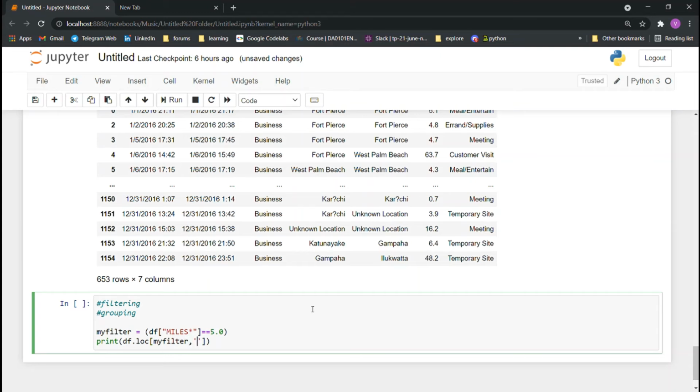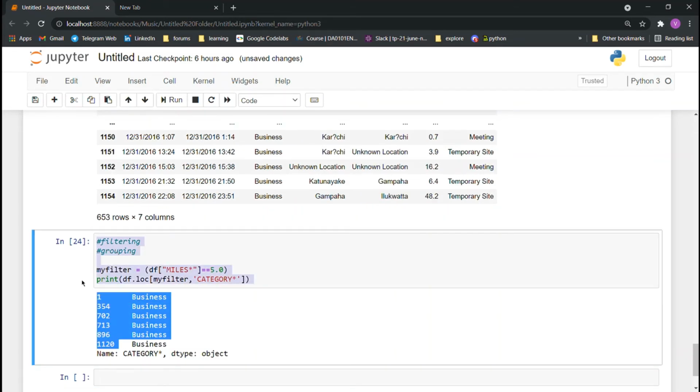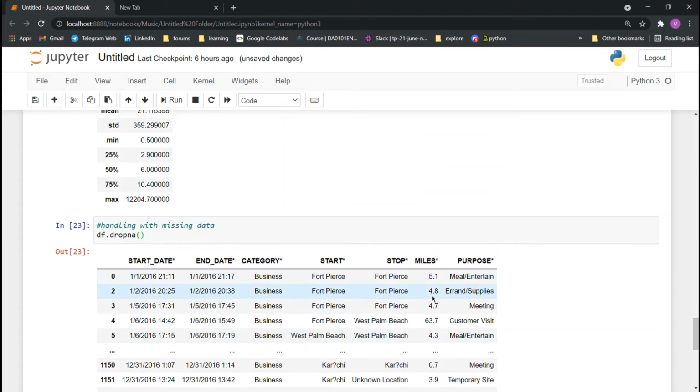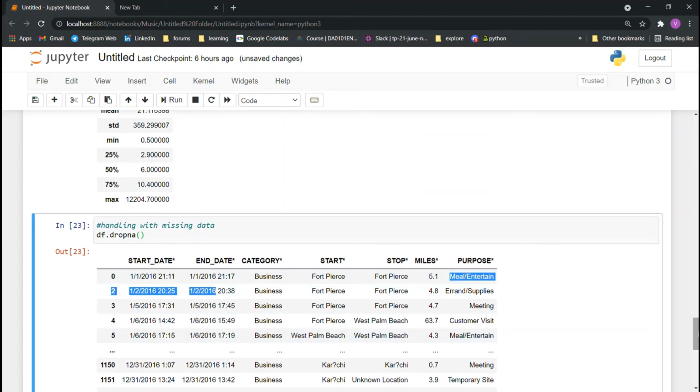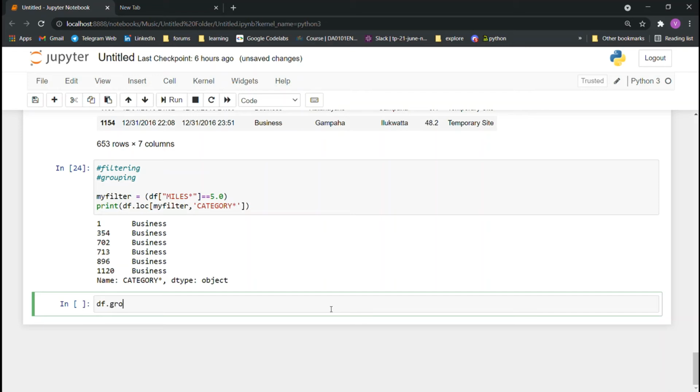You can access separate columns using that filter. Here we have a filter where miles is equal to 5, and we just accessed a single column named category. We can also use grouping using df.groupby.